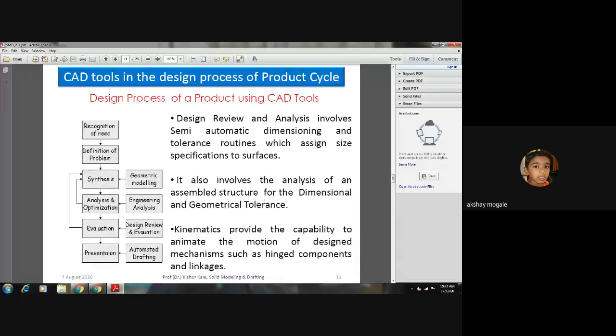One practical is for SMD, and another practical is for GD&T, that is geometrical dimensioning and tolerancing. That would be there in the practicals. So actually this SMD will have two types of practicals: one will be SMD and the second will be GD&T. GD&T would have your term work, and SMD will have the practical examination. Both of these will be associated with the same subject, SMD. There we'll get into the details of what geometrical tolerance is and all these things.